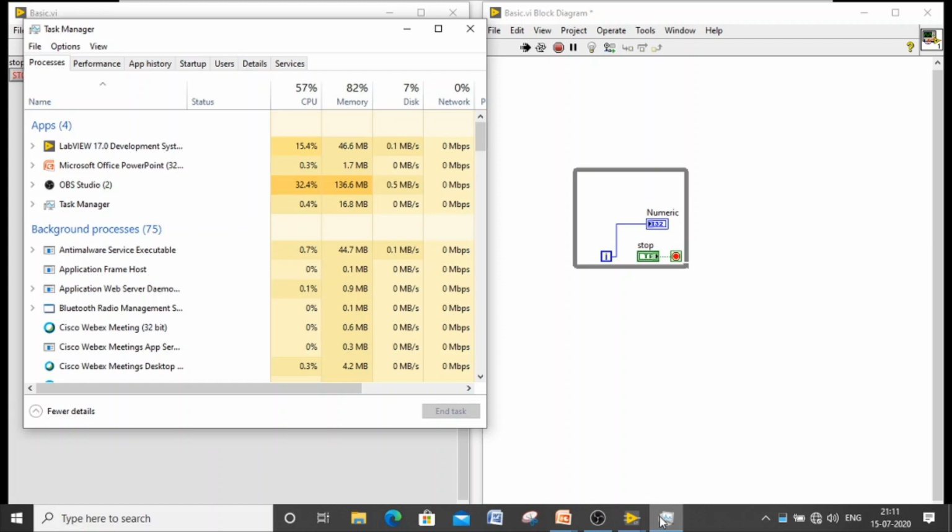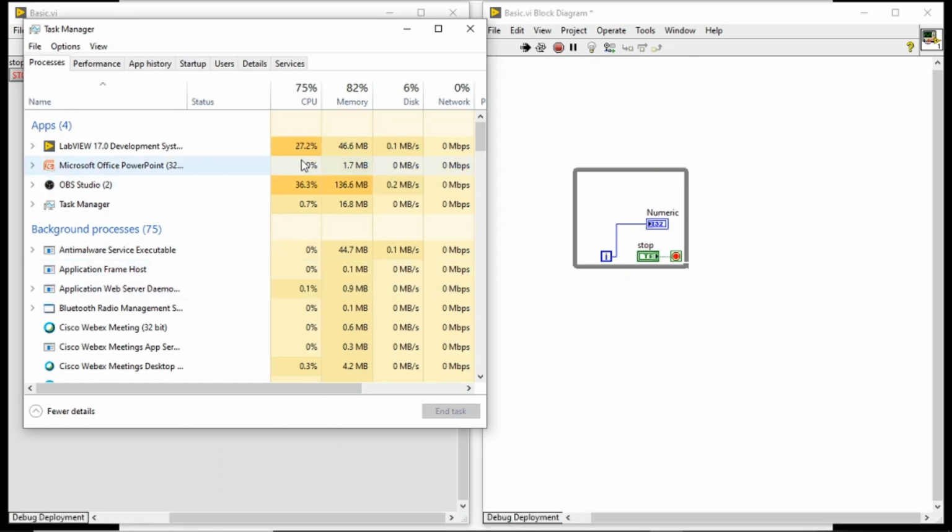See your task manager, it is around 27.2%, so it's using a large amount of CPU. My recording software is also working, but at the same time LabVIEW is driving that percentage, around 28.